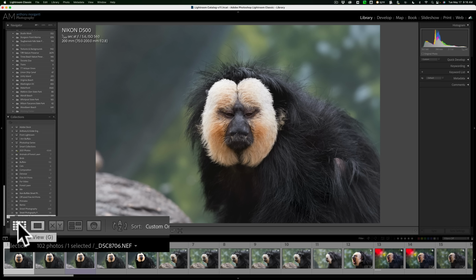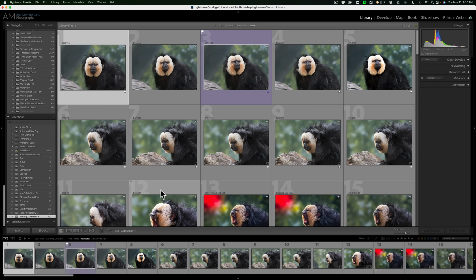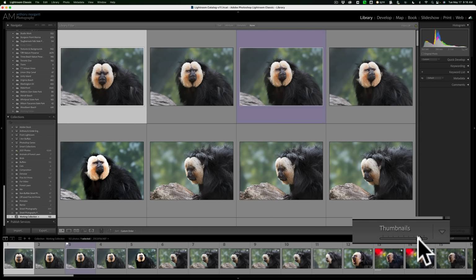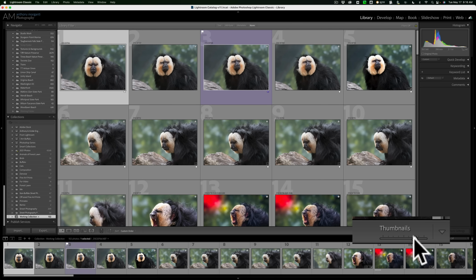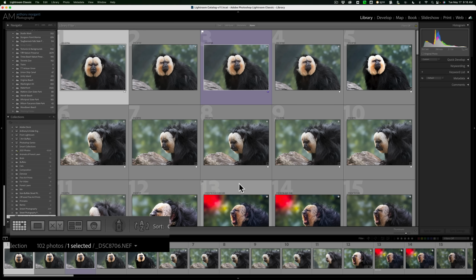Hit the G key or click right here, and you'll get all the images that are in the film strip appear in a grid above the film strip, and you can control the size of the thumbnails with this slider that is at the right side of the toolbar. That is grid view. Another view mode all of us use is called Loupe view, and the keyboard shortcut is